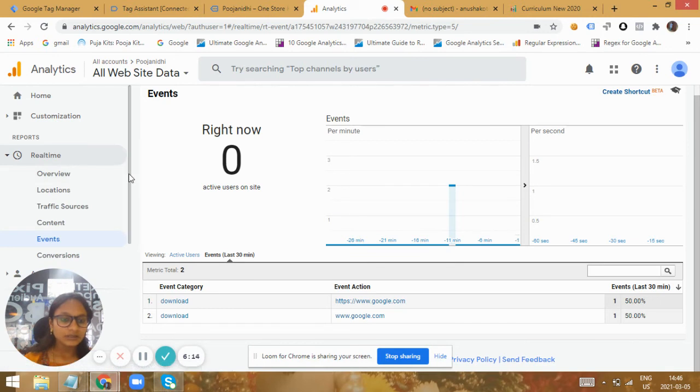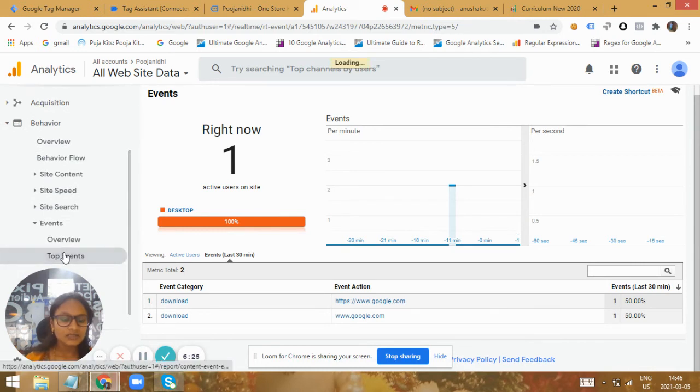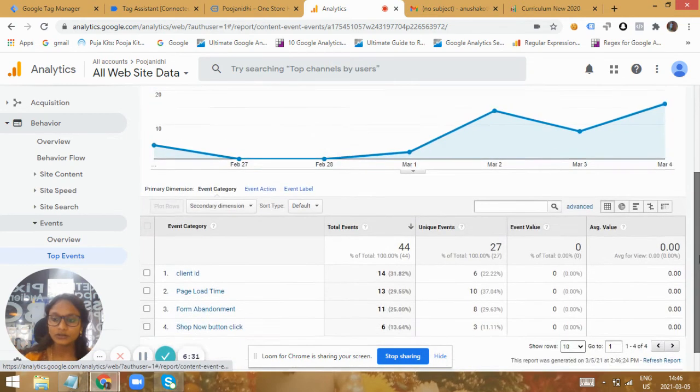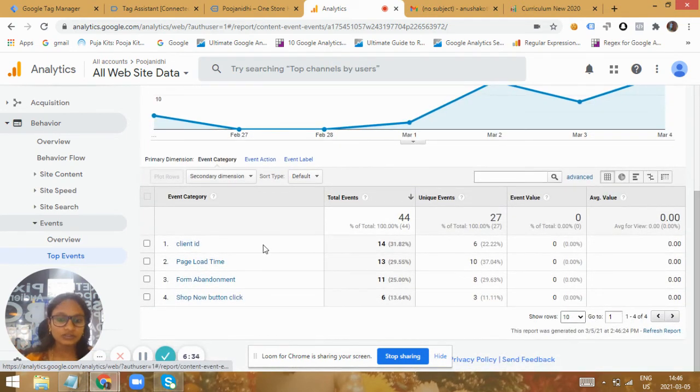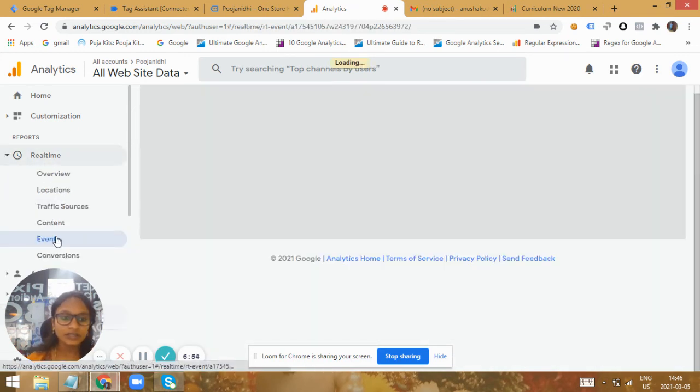And also further, once the data is being gathered, you can also check that data in behavior tab events, where you have all the events performed by the users. See, these are the events performed by the users, and you can identify the number of users who have downloaded your document from other outbound sources or a newsletter or an email, any kind of. You can identify the number of events that are performed and the downloads that the document got. So this data would be updated a little later. It takes time for the data to be uploaded into the actual reports. You can just check it in the real-time reports. For the timing, I'll just check it in the real-time reports events.